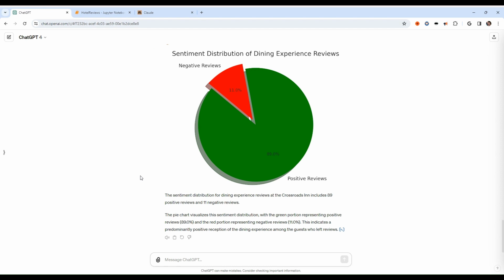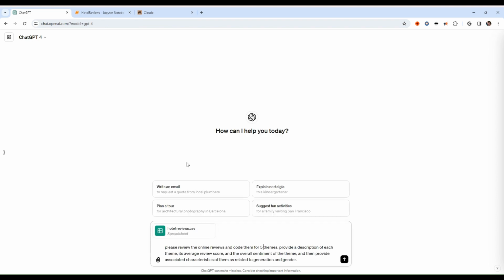Well, the pie looks positive. We only have a small 11% of these reviews that are negative, and about 89% of people really like the dining experience. Let's move on to look at another component of the data. We dove pretty deep into dining experience. Now let's go back up and have